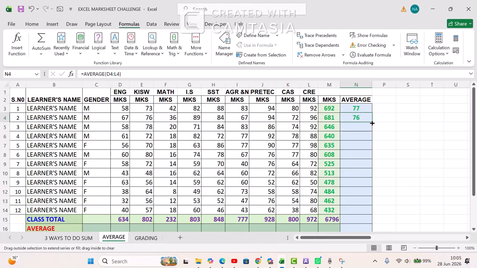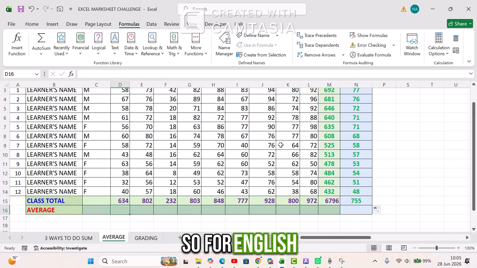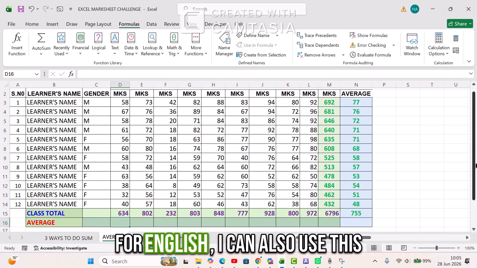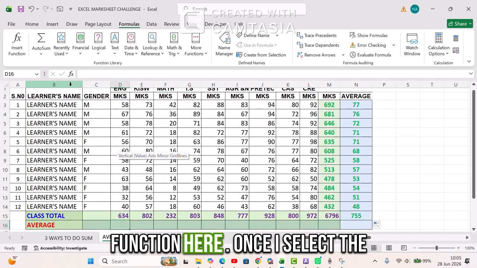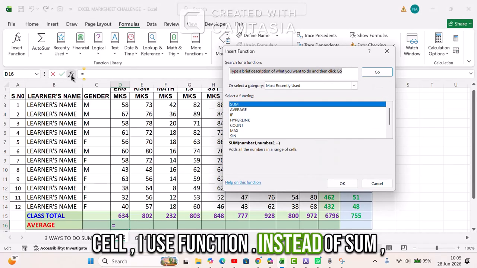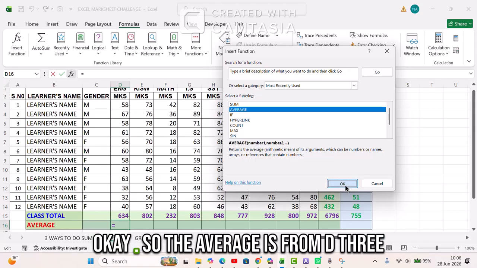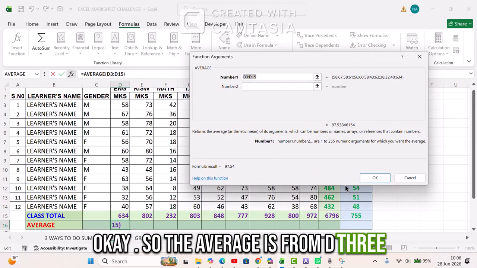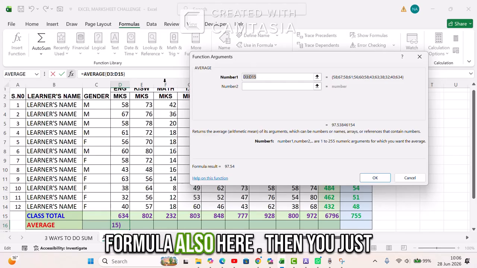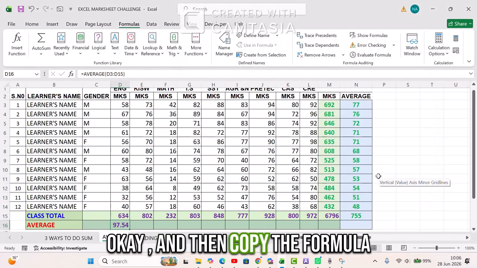Then I can copy all the way downwards. We have average also for subjects. So for English I can also use this function here. Once I select the cell, I use function. Instead of sum, I'm now going to pick on average, say OK. So the average is from D3 to D15. You can see the formula also here. Then you just say OK, and then copy the formula